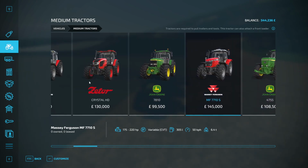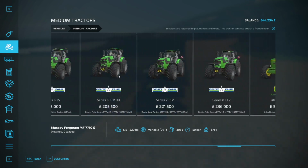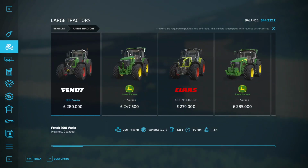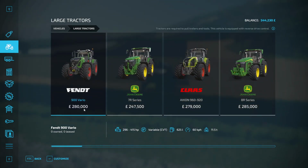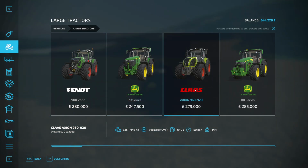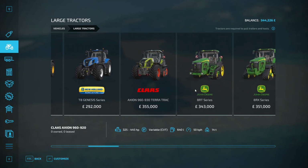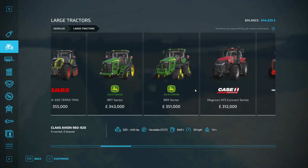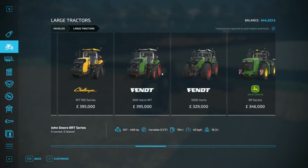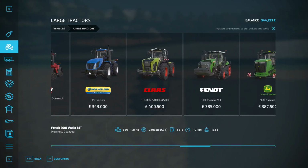There's no Class, no Case tractor in the medium range. Well, there you go. What's in the big tractors at the smallest? That's 280. That's 247. That's 279, 285, 292. Now there was one of those